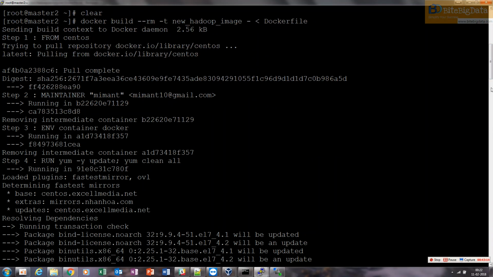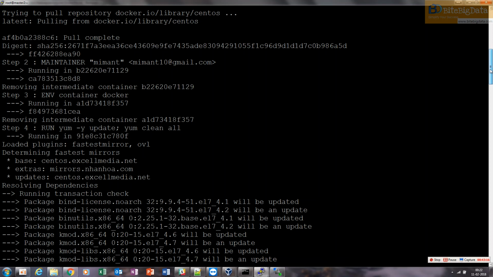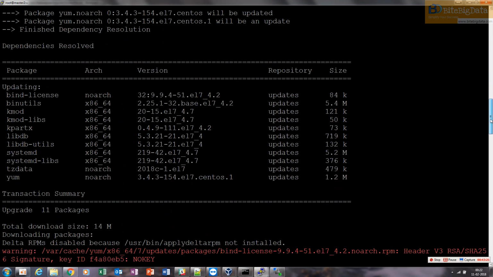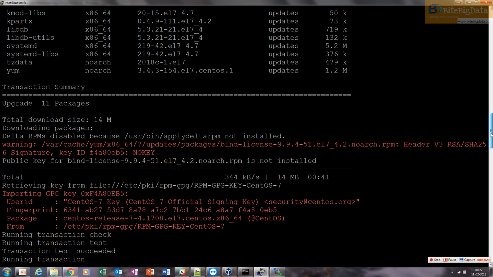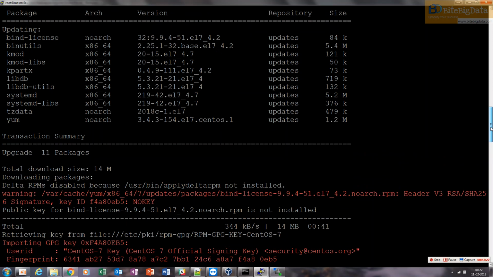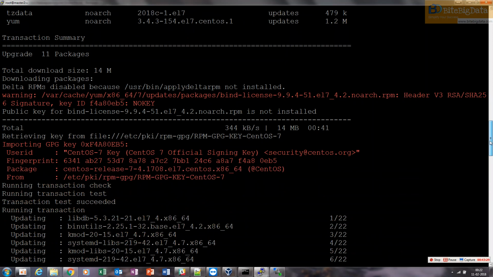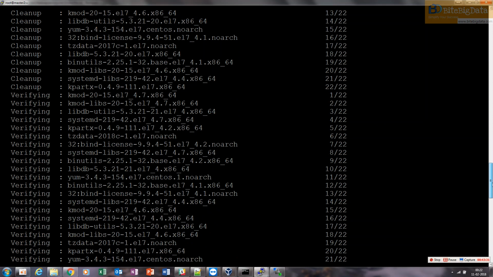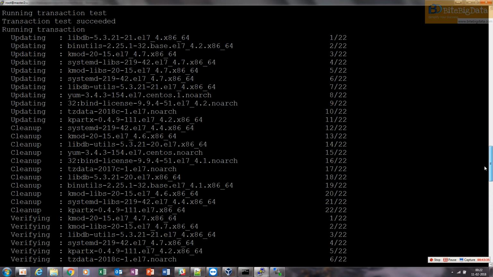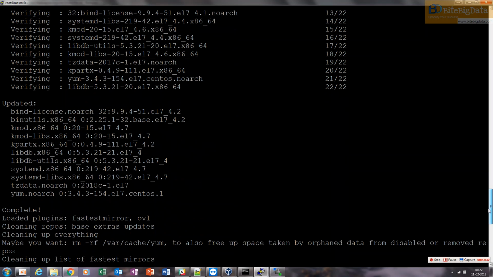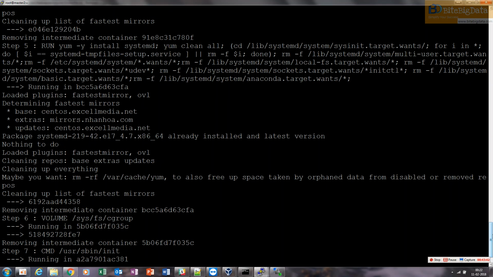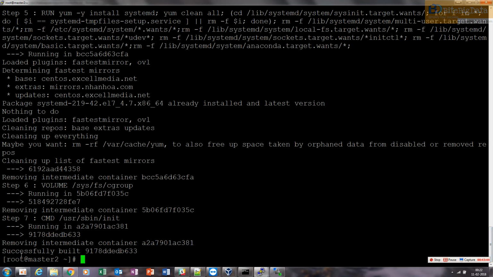It has pulled it from the Docker Cloud, and the total size was around 73 MB when it was showing, and then finally it has run all that cleanup and install and update complete yum in that, and finally it has given us